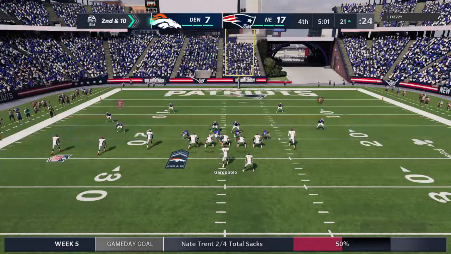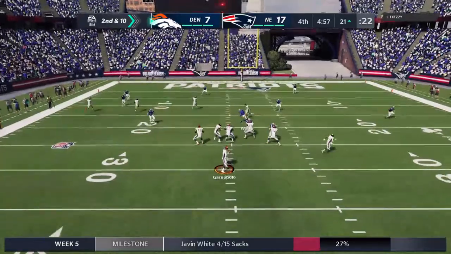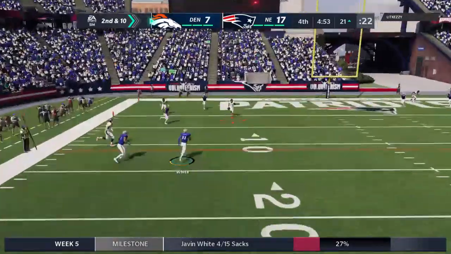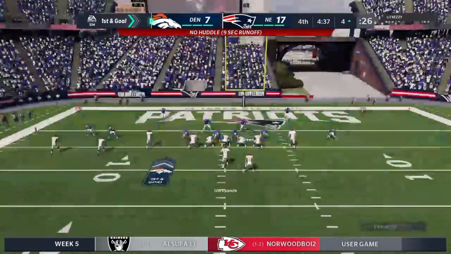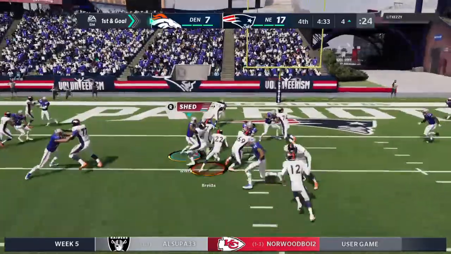It's 2nd down. 21. Here we go. Throwing on 2nd down, Garoppolo. Buying time to his left. That is caught inside the 5. And all the way down inside the 5 to the 4. Now they'll have it 1st and goal following that gain of...